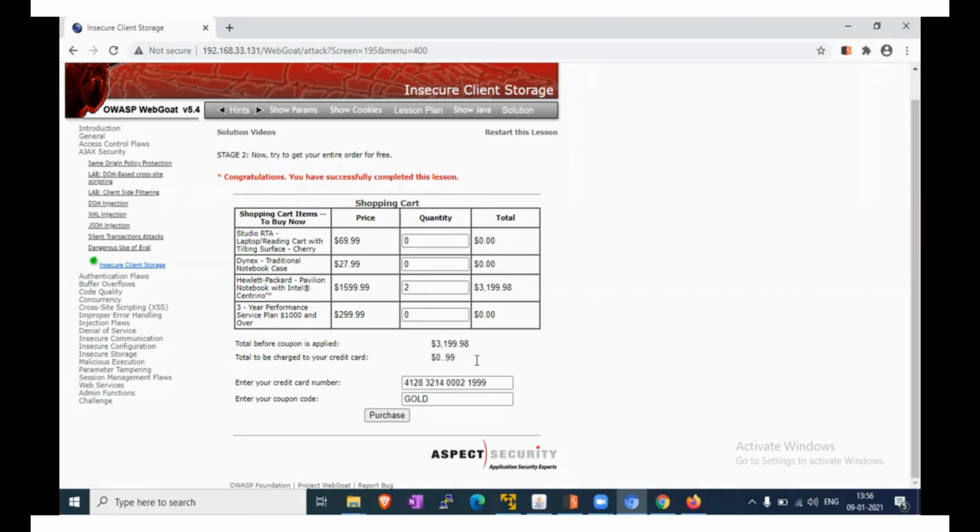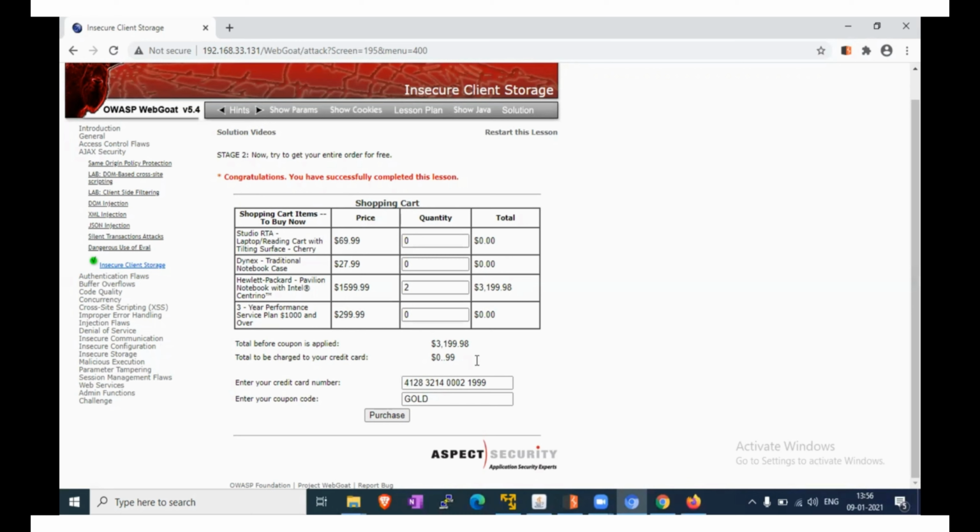Due to the lack of server side checking for both the coupon code as well as the grand total amount prior to charging the credit card, we are able to circumvent the price and set our own price instead.